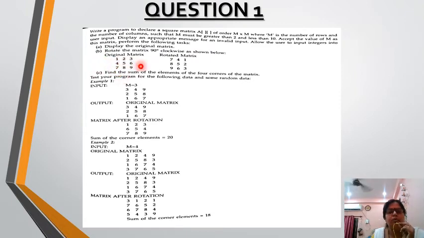Okay, and what we have to do is rotate it clockwise 90 degrees. We have to rotate this matrix clockwise 90 degrees, which means 147 now, 741 will be rotated like this. It means all the row elements will now be in the column.